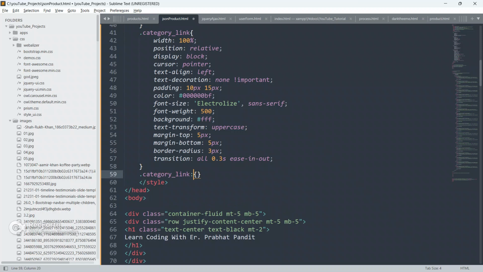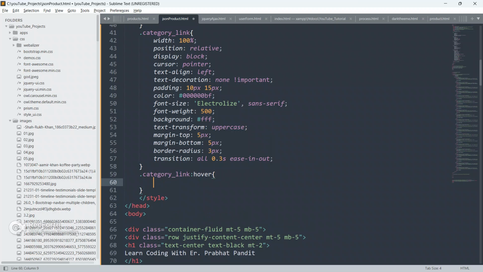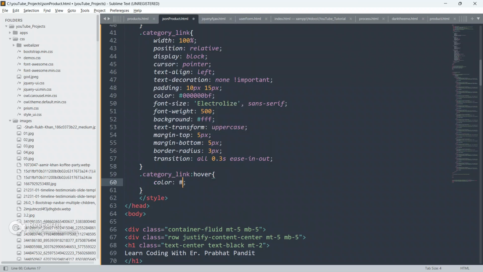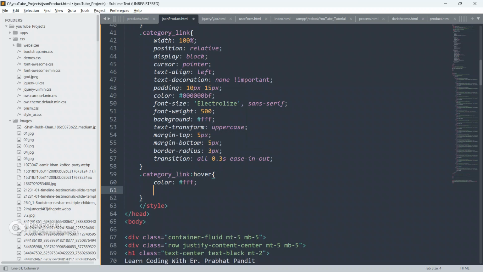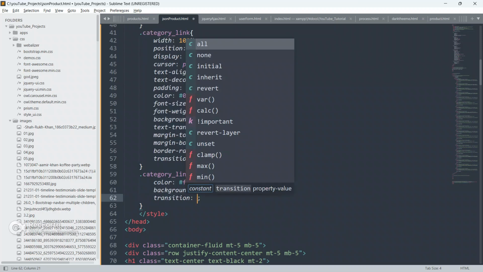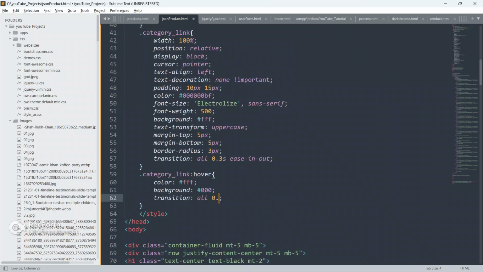So category link on hover, give color as white and background color as black, and give transition all 0.3 seconds ease.